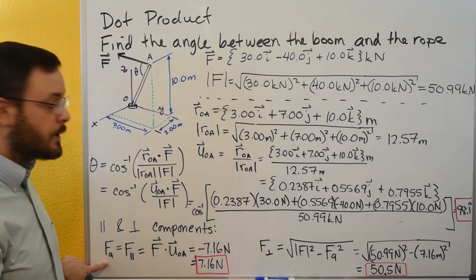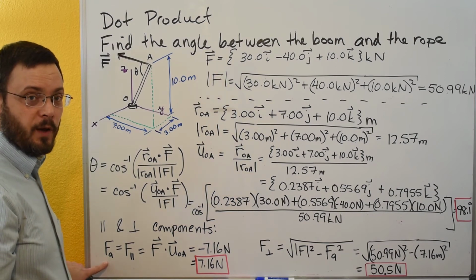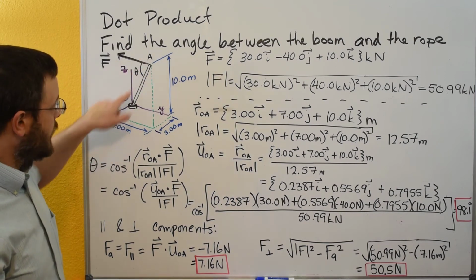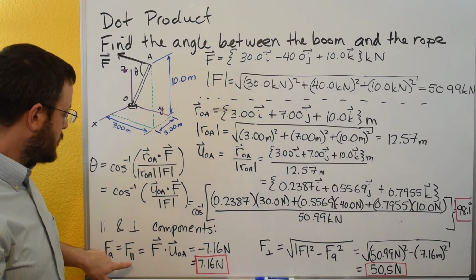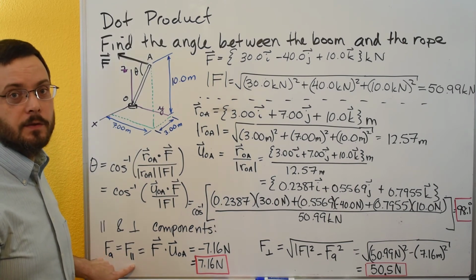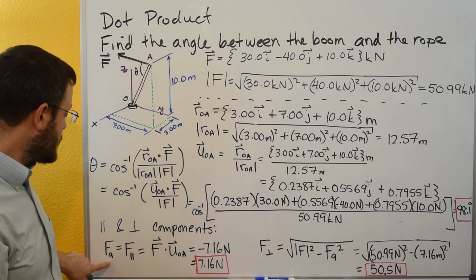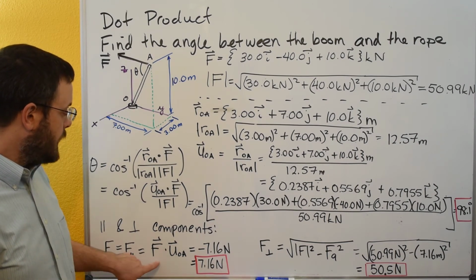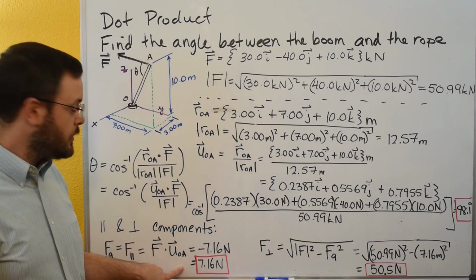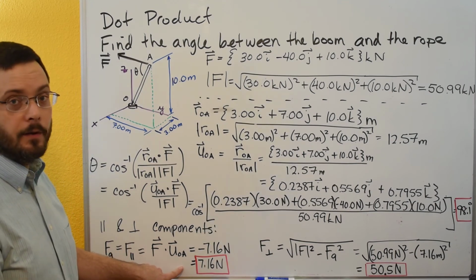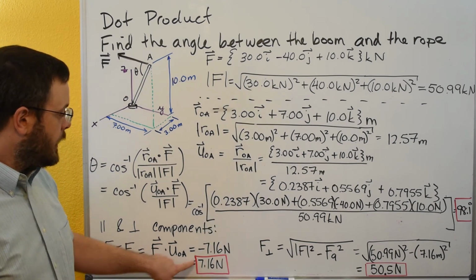The Hibbeler book just uses the symbol F_A, where the line is A, but you'll also see texts that use the two parallel line symbol as well. So we could say that the parallel component is equal to F dot the unit vector going in the direction of the line, and so we get